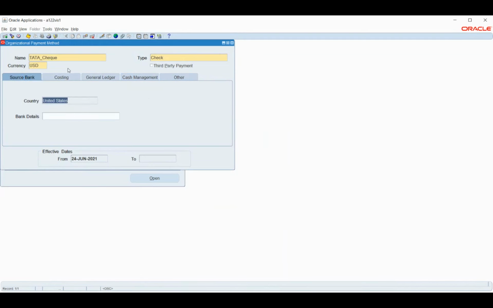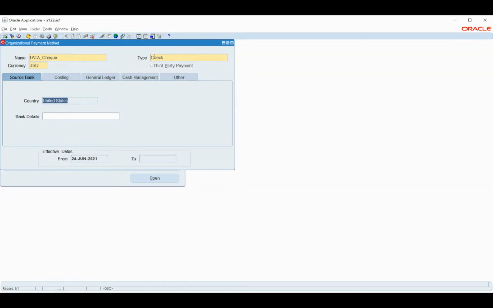Okay. So payment. The reason why we are creating a payment method is that if I want to make or dispense my salary this month, I will need a method to process the payroll. Here it could be check, cash, wire transfer, NEFT, RTGS, anything. For our case, we have taken check payment. Since our setup is based on the US, I have picked this as a US based check. Based on this, the system will automatically populate the currency, that is USD.